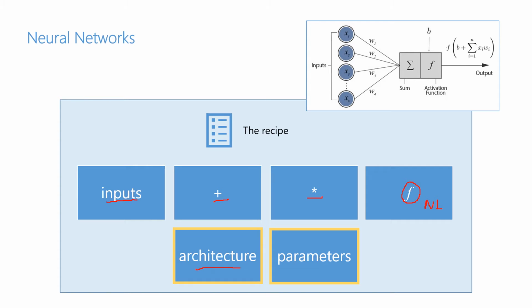We have to take into account that networks are organized in very large and deep architectures, and they can be composed of many neurons, such as tens of thousands or hundreds of thousands, or even